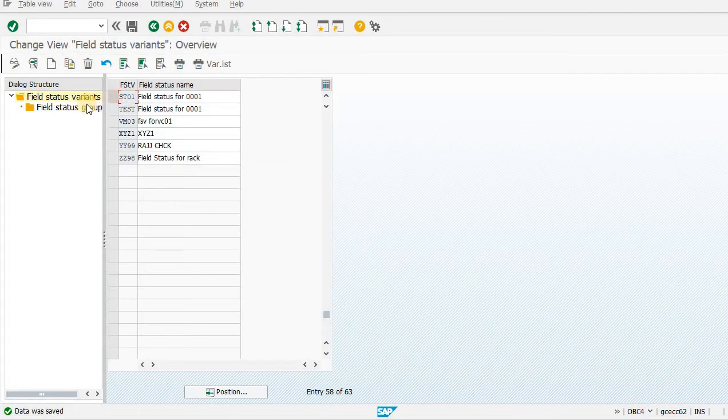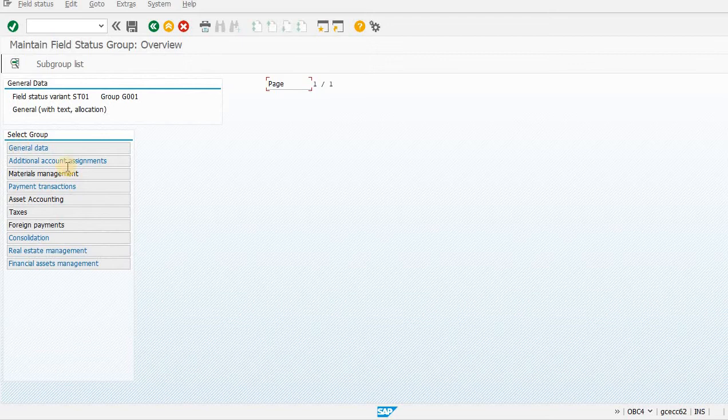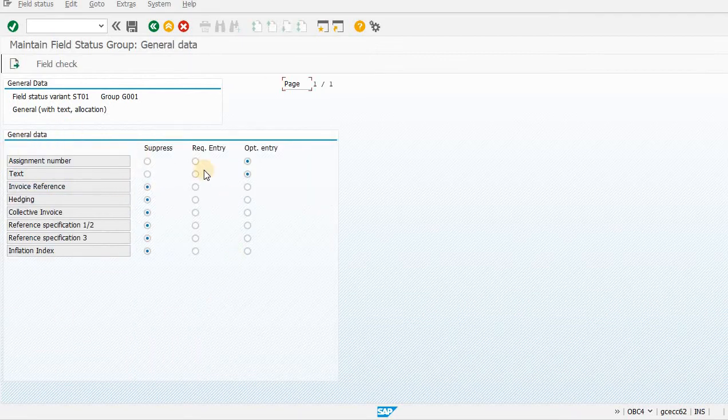When you click on SC01 and go to field status group, it shows like that. G001 is journal with text and allocation, and G004 is cost account. This is a standard field status variant provided by SAP. If you want to make changes, click on G001, then go to journal data, and here you find the fields.